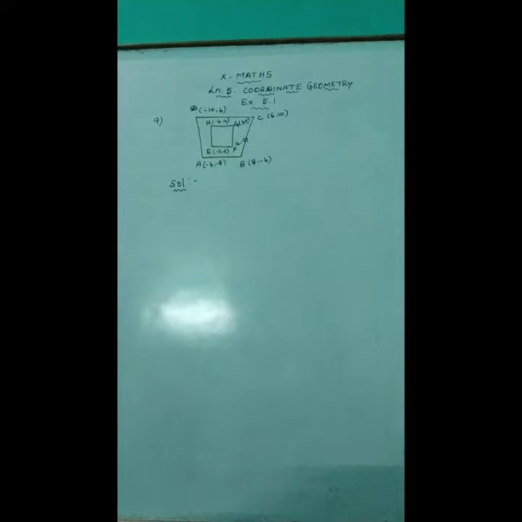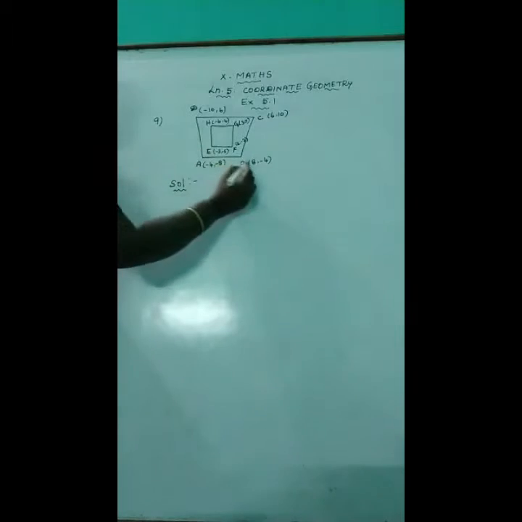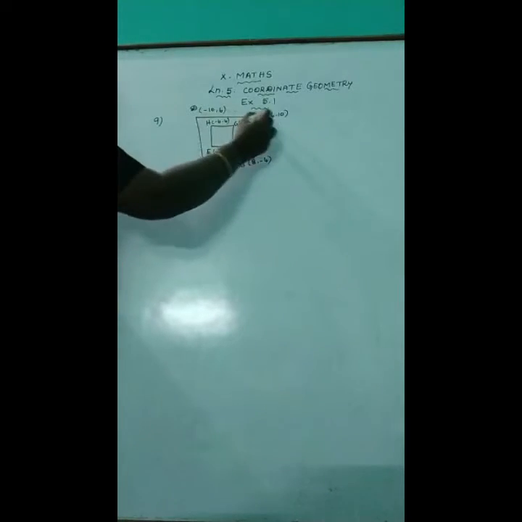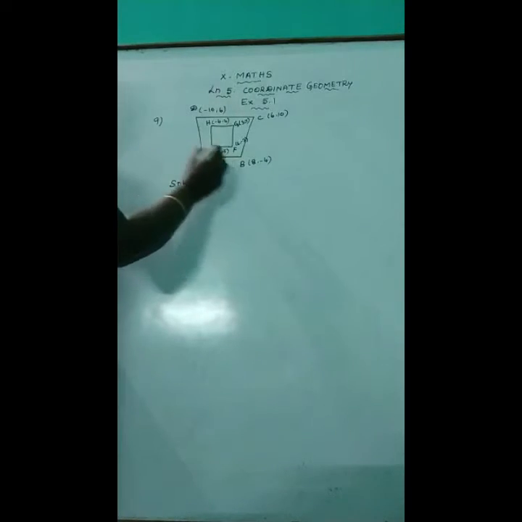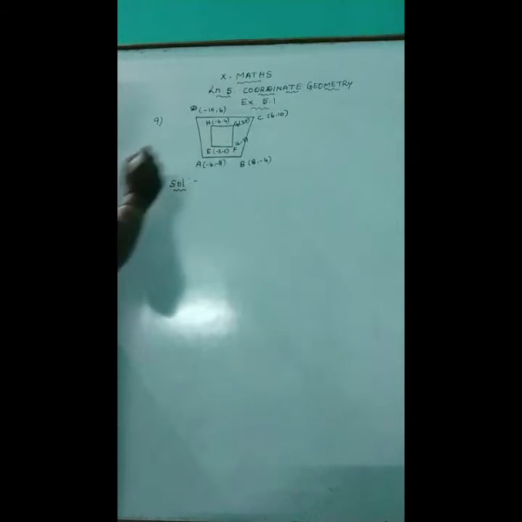Here, point A is given as (-4, -8), B is (8, -4), C is (6, 10) and D is (-10, 6). Also E is (-3, -5), F is (6, -2), G is (3, 7) and H is (-6, 4). So here one swimming pool is surrounded by the patio, and we find the area of the patio.